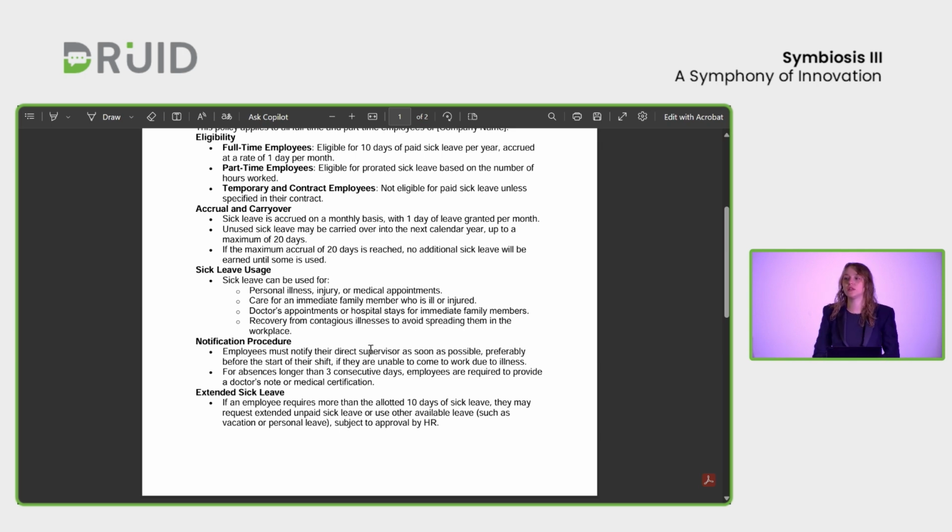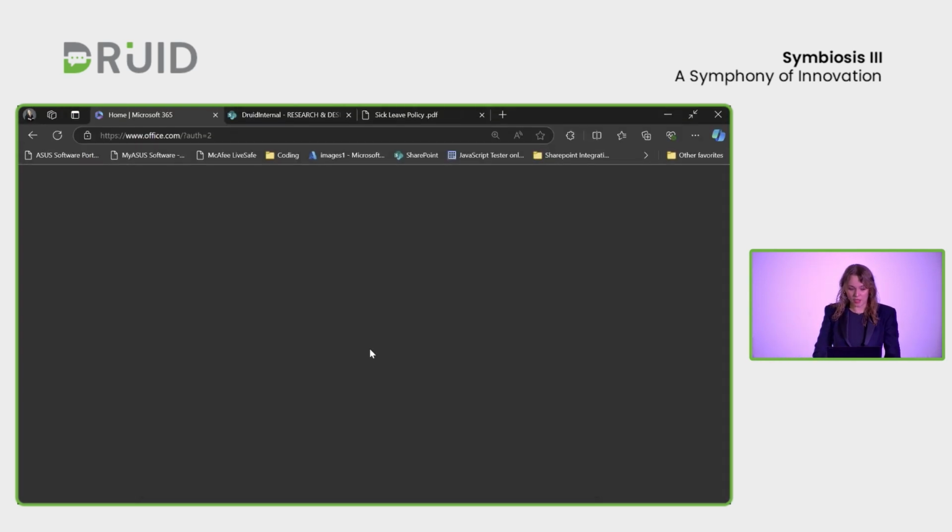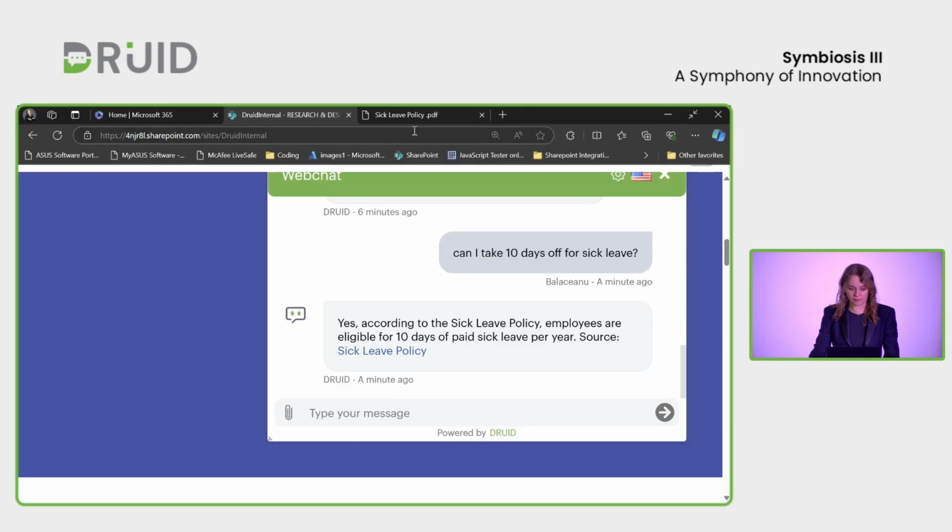Moreover, we have situations, for example, where we know that in SharePoint there are documents that are updated and documents that are not so updated. We also saw in the projects that we have live that there is a need to filter the data available inside SharePoint, because everyone is just throwing documents in. The knowledge base itself is able to filter the results on which it gives back the responses, and the list of documents from which those responses are trained. So we're also looking at how accurate the information is in the end. If I switch back to my